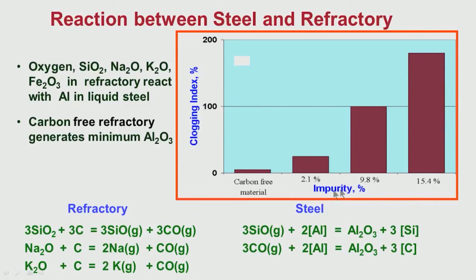Now, I have shown here that if the impurity increases, there will be clogging. What is clogging? Clogging basically means jamming from alumina. I have discussed several times, all of you by this time know that alumina particles are solid at liquid steel temperature. Even if there is some small amount of aluminum, which is always present in liquid steel when we are killing with aluminum, if the steel comes in contact with air, alumina forms. Here, from the reaction between steel and refractory lining, again alumina is forming. This alumina, which is solid at liquid steel temperature, will clog the